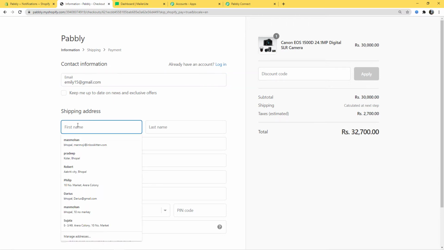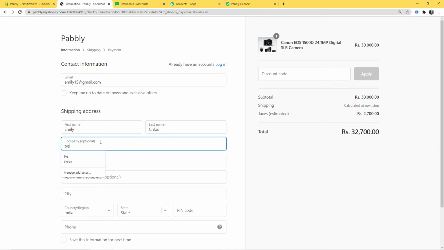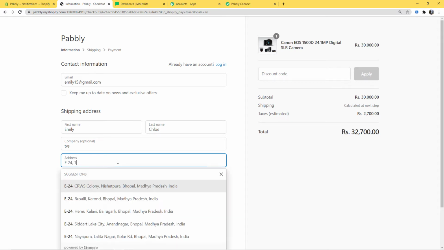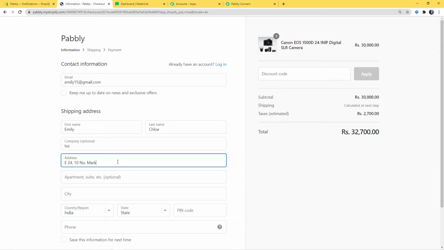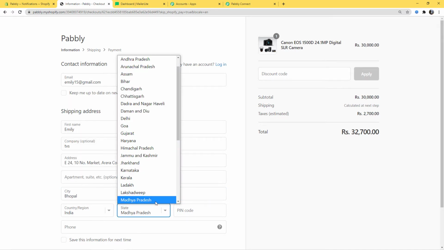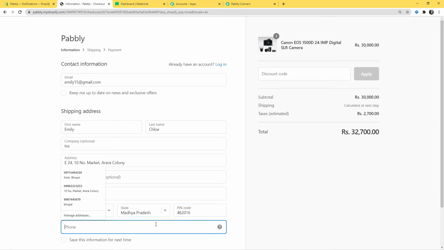Okay, first name Emily, last name Chloe, company I'll put here TVS, address E24 10 number Market, Arera Colony, city Bhopal, state Madhya Pradesh, pin code. Okay, phone.